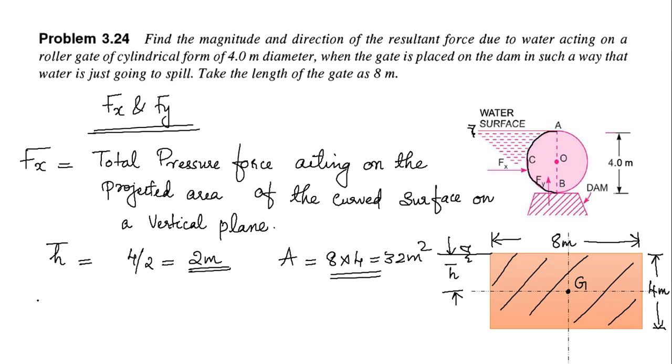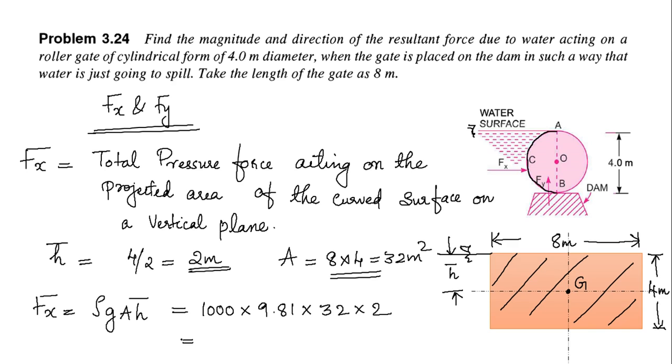Now the total pressure force on a vertical plane surface submerged in a fluid is given by rho g A h bar, which is equal to, we will get it as 627,840 Newton. Now the vertical component of the force Fy is the